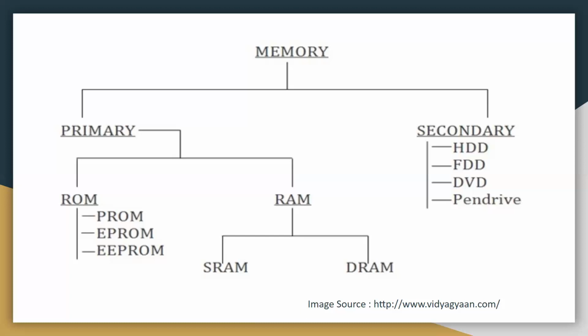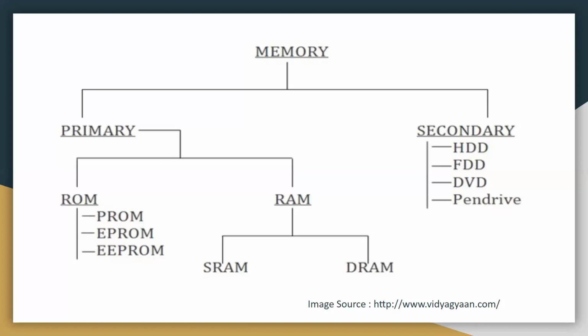Over the screen, you can see that memory types are divided into two. First is primary memory and second is secondary memory. Primary memory is also called main memory, and it holds only the data and instructions on which the computer is currently working. It has a limited capacity and the data is lost when the power is switched off, because it is generally made up of semiconductor devices, and these memories are not as fast as your registers. The data and instructions required to be processed reside in your main memory.